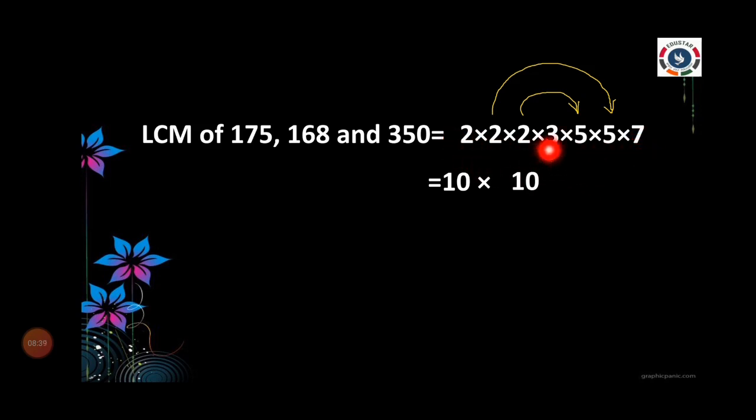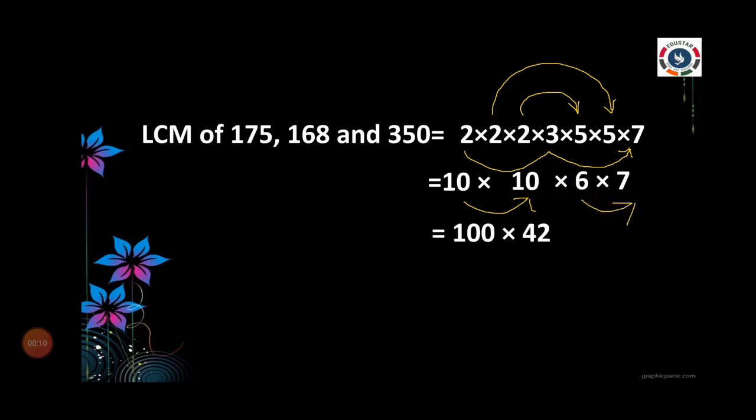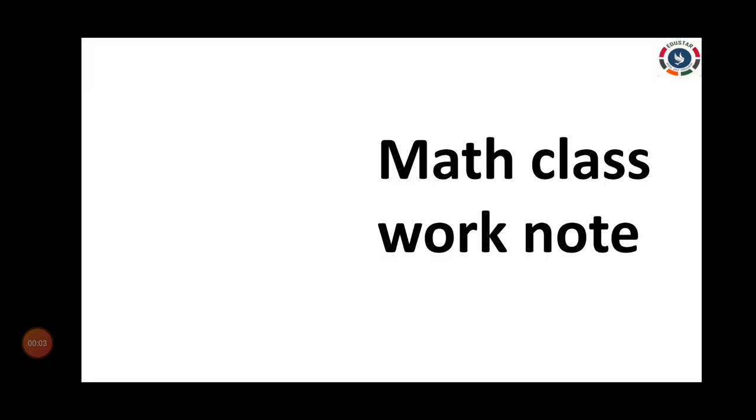So first 2 3 is how much? 6. Then you into 7. Then you multiply 10 times how much? 100. Then you multiply 6 and 7. 6 7 is 42. So write down that 100 into 42. Then you multiply 100 into 42. So we want to add only the 2 zeros after 42. So bring the 2 zeros after 42. 1 4 is 42. Then add the remaining zeros. So 4200.